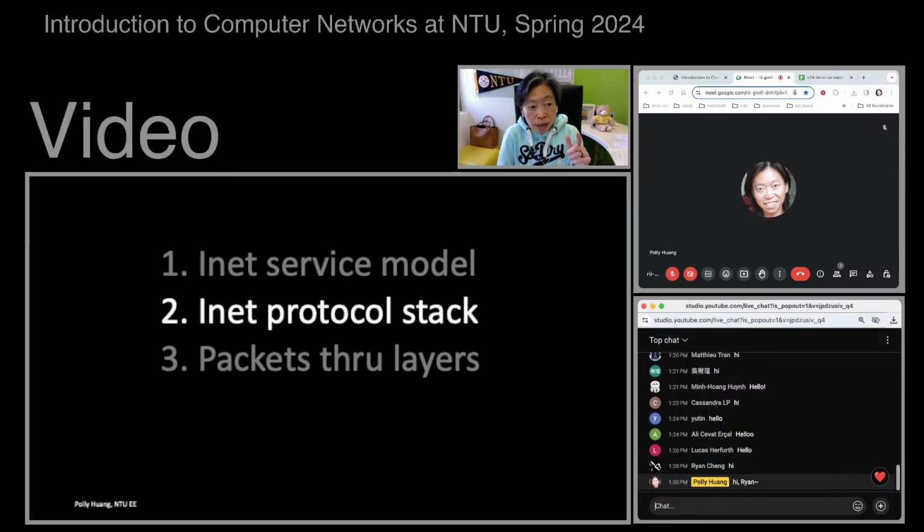Okay. Next topic is the Internet Protocol Stack. Now we have protocols sorted, with one layer on top of each other. The whole thing is a stack, and that is exactly the Internet Protocol Stack. So next video, it's 3 minutes. It's Polly's crash course introducing the INET protocol stack. For each layer, I briefly talk about the functionality and provide a couple examples.